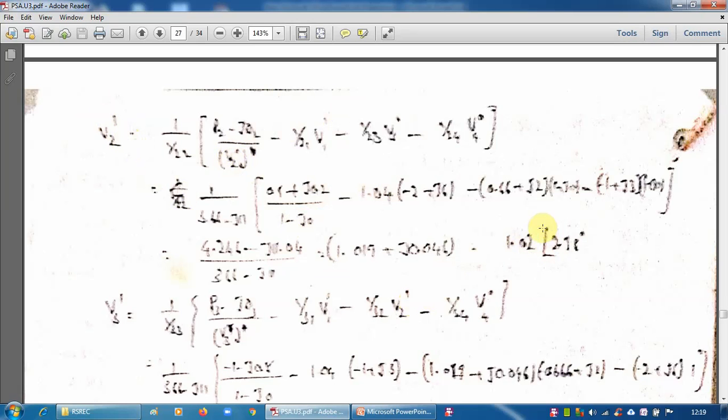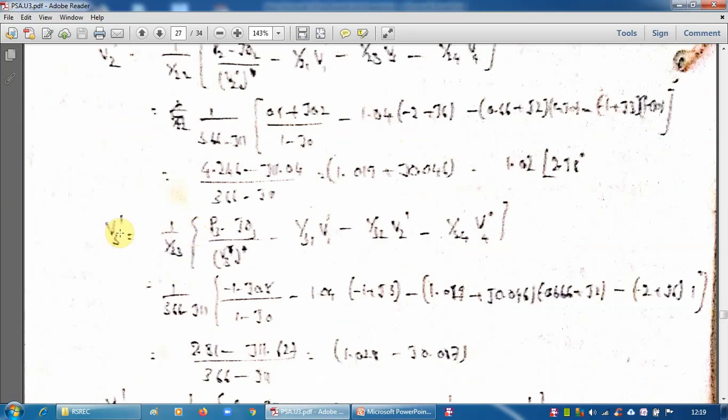This is the fresh value of V2. This is in polar form and this is the same thing in rectangular form, which is A plus jC. So like that, by using the given value of slack bus voltage and the assumed value of the other bus voltages, we calculated, first of all, the second bus voltage, the fresh value V2 of 1, the first iteration value.